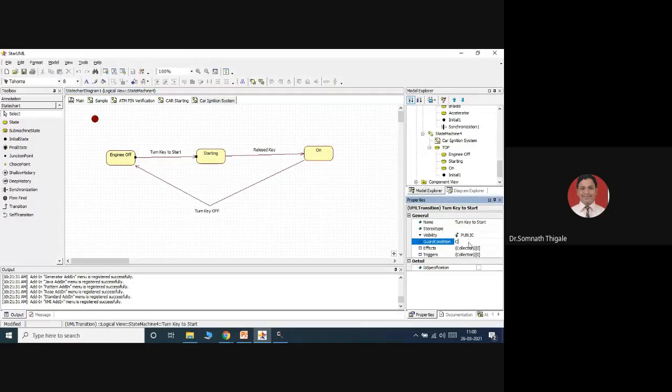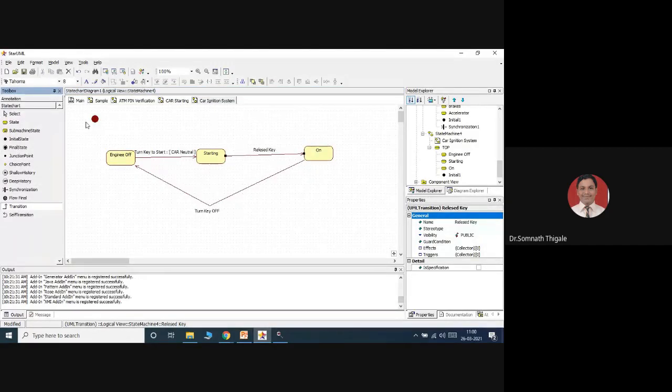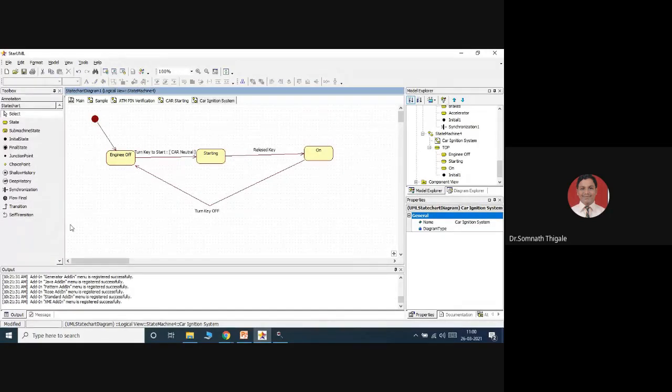The car may be neutral. Position of the car is expected to be neutral. Then you can turn key to start the car. So engine off to the starting movements. Then starting to on. Again, provided the conditions. You are starting with this scenario, moving from on to off. Then the parallel actions will be taken.